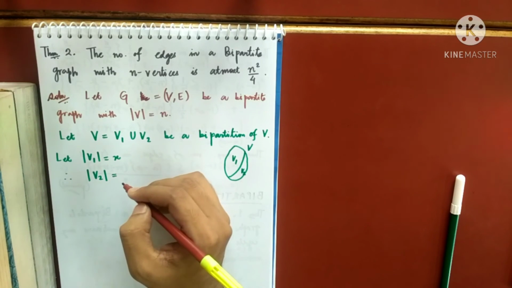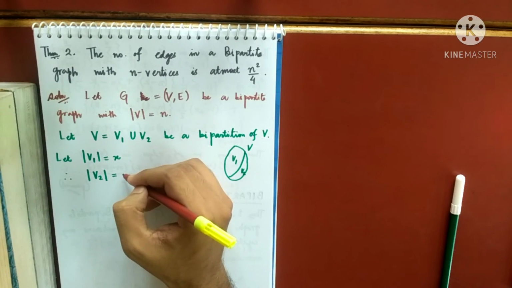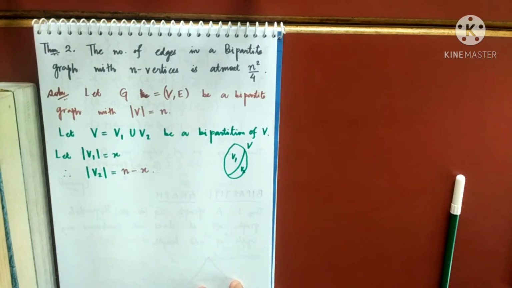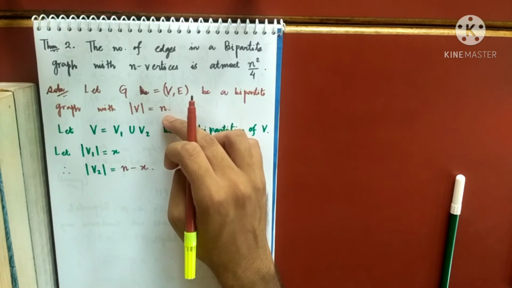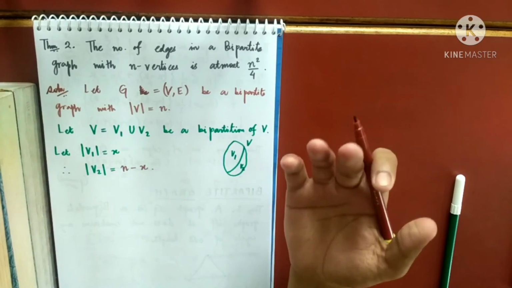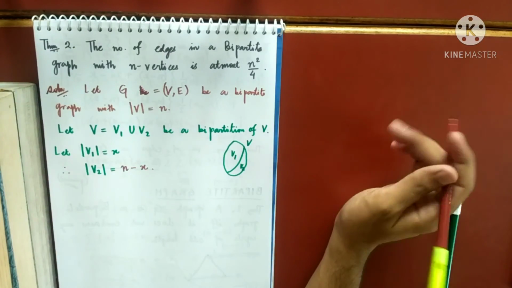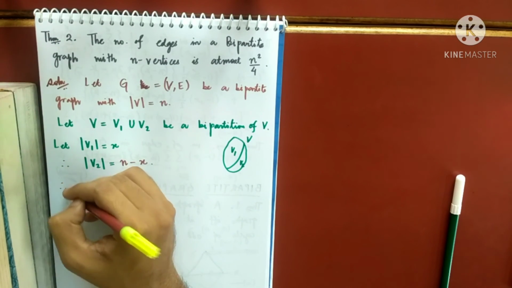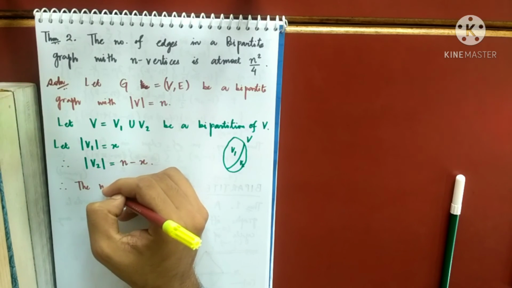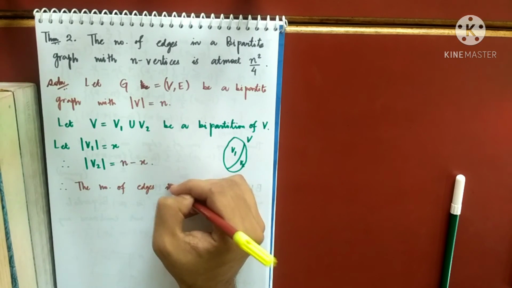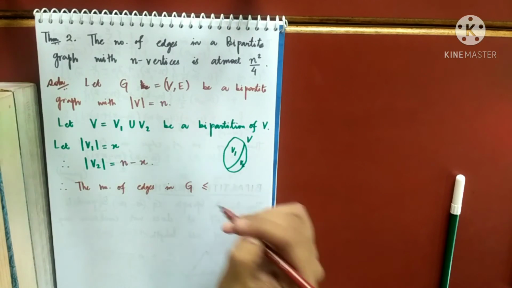That is very obvious. The number of vertices in the second partite set is n minus x, because the total number of vertices is n and they are disjoint and their union is V. I can say this. Therefore, the number of edges in G is less than or equal to,